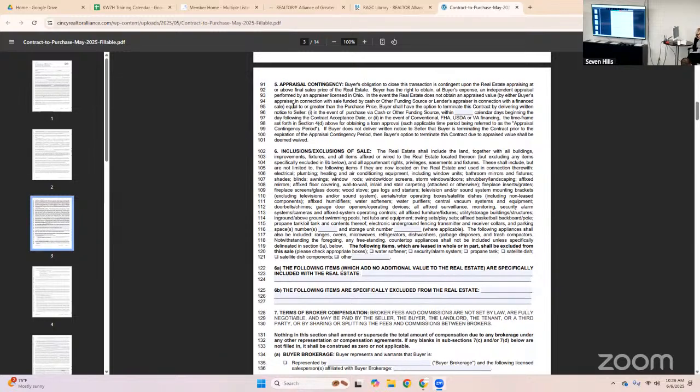Like if an FHA loan comes back low, it goes back to the same thing. Typically what happens in that instance is most FHA buyers are not going to have cash to bring to closing. So what is going to happen is you're going to go back to the seller and say it didn't appraise. They're not going to be able to bring the money to closing, so you need to lower the sales price. So that's typically what would happen in a case like that.